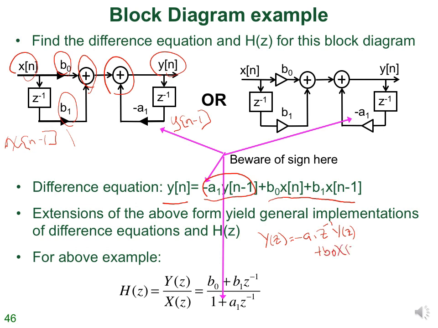Using the delay property, this gives me a z minus 1, and the delayed y gives me also a z minus 1. And so rearranging this,